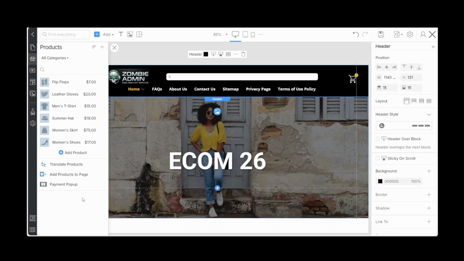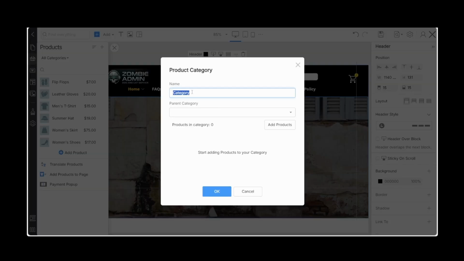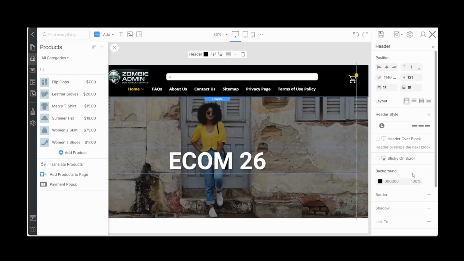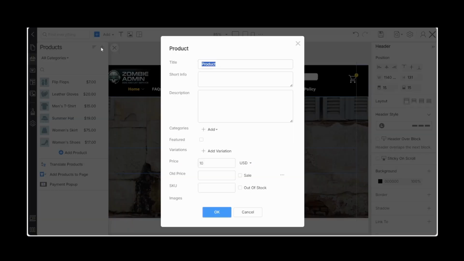Let's add a new category. We will add Services. Now let's add new product.